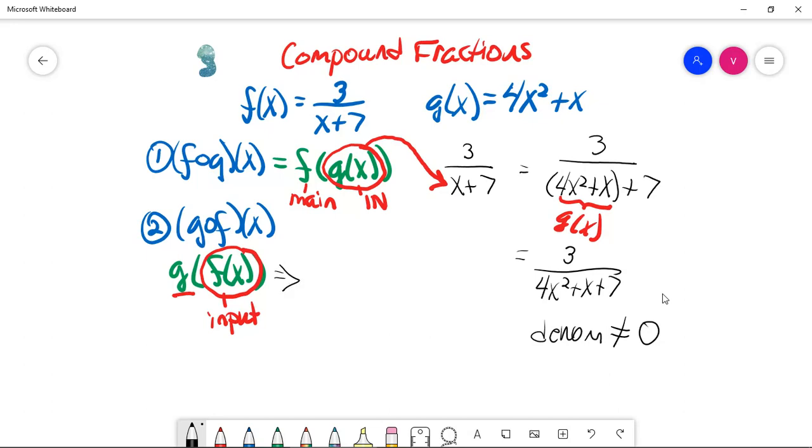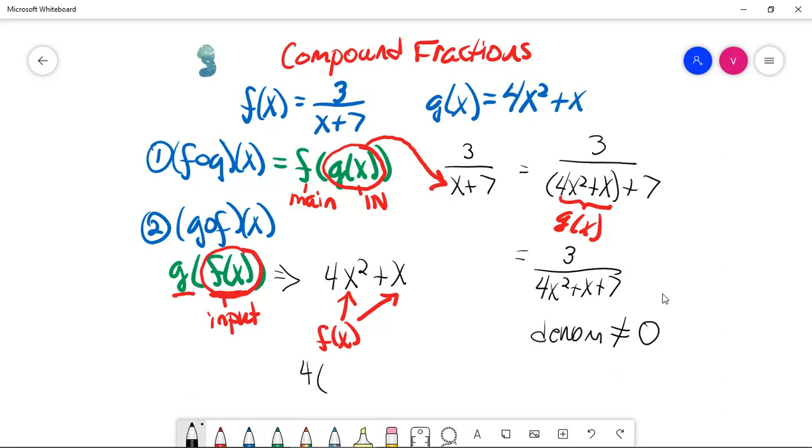Okay, so let's write g of x. So that's 4x squared plus x. So into that, you're going to input f of x. That is our input over here into g of x. So that will become